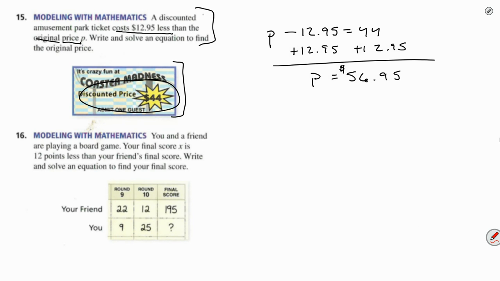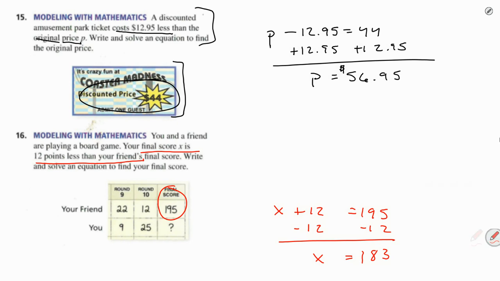All right, you and a friend are playing a board game. Your final score is 12 points less than your friend's final score. Write and solve an equation to find your final score. Let's do something like this. Here's my friend's final score. My final score is 12 points less than. So I know mine is smaller than my friend's 195. So I'm going to have to add 12 to get to 195. If we go to do the inverse operation to solve,